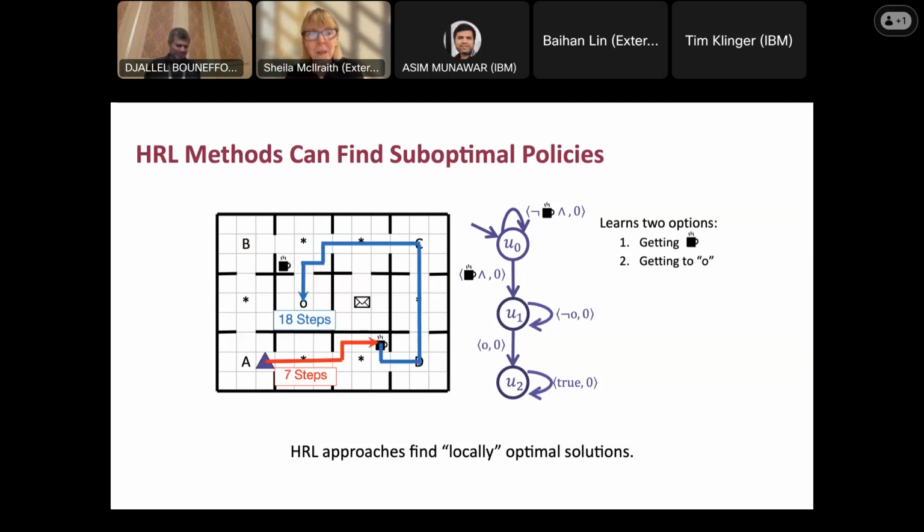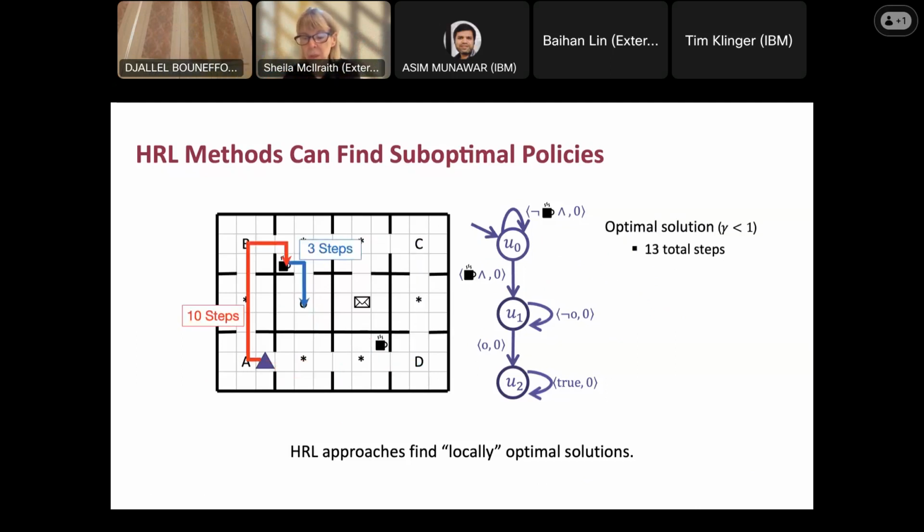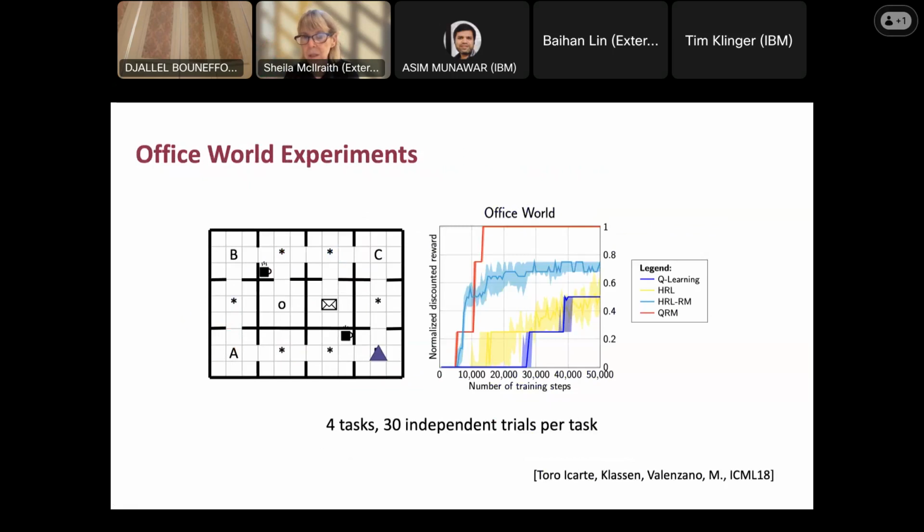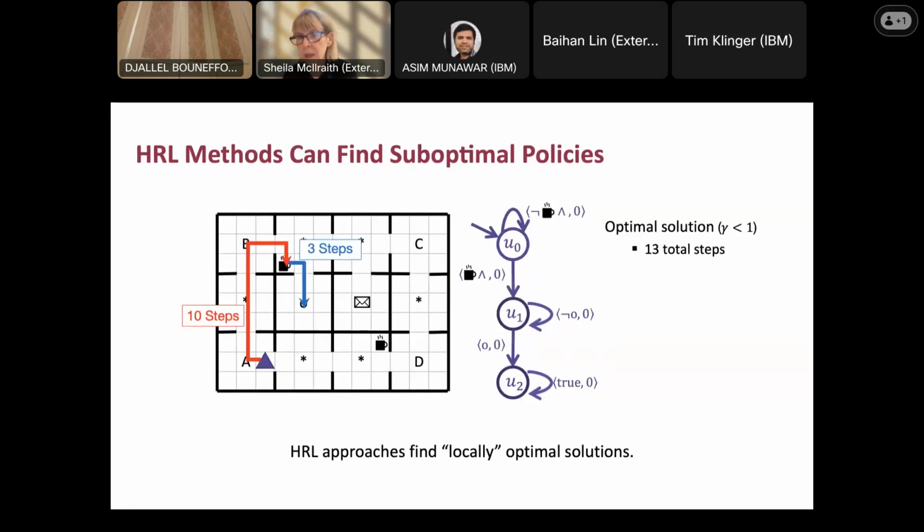but no problem at all. So hierarchical reinforcement learning always chooses the myopic solution. The best solution, for an agent to get coffee and go to the office, is to take a long step to the farther coffee, after which the office is very close. But hierarchical reinforcement learning won't do that. It will myopically choose the close coffee machine, relegating it then to have to take this very long route to get to the office, which is why in these results you'll see that it often manifests suboptimal behavior.